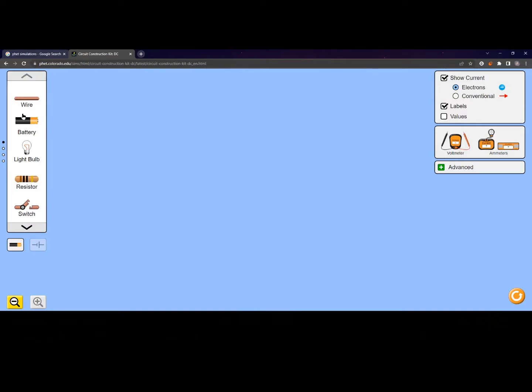Okay, here's the lab. Now over here you have all the tools that you can use to test electrical circuitry. Let's start with the bulb. Let's place a bulb. Now as you can see, there are two connectors. One is this terminal and this is the other terminal for the lamp. First we're going to run this lamp and see what happens and in which direction the current does flow,